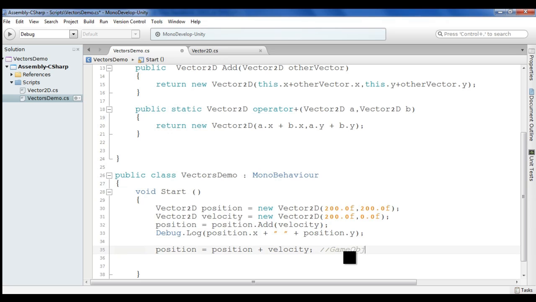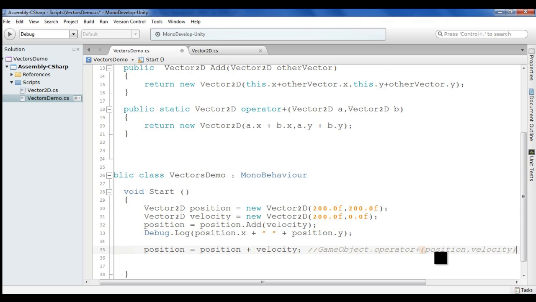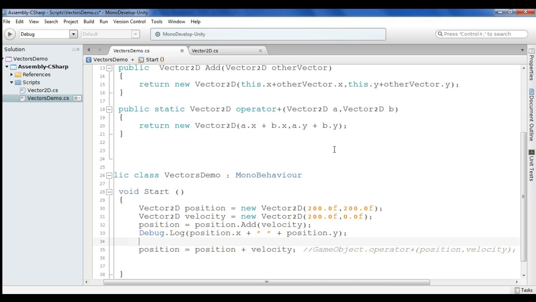GameObject, you are using the class name as it is a static method, right? GameObject.operator+. So this is our method name, right guys? Operator plus is the method name. In brackets, you are passing position, comma, velocity. As it is asking for a Vector2D, you are passing the Vector2D object position.